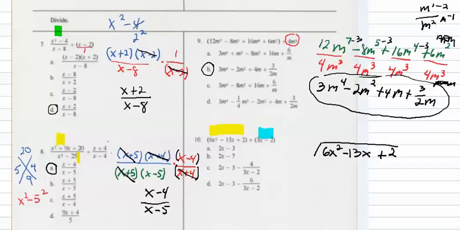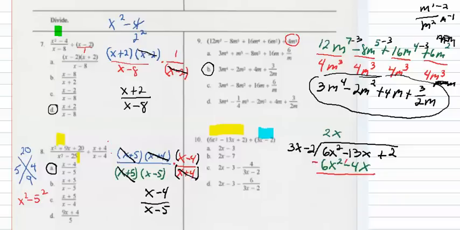And then outside of the division bar is 3x, and it's in standard form, minus 2. Alright, so now we're going to go 3x times what is 6x squared, and we say 2x. 3x, or 2 times 3 is 6, x times x, x squared. Then you're going to go 2 times negative 2 is negative 4, and we're going to keep the x, and we line that up under our x. Now, when you draw your line,